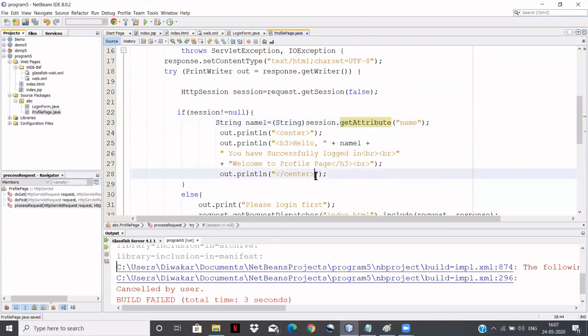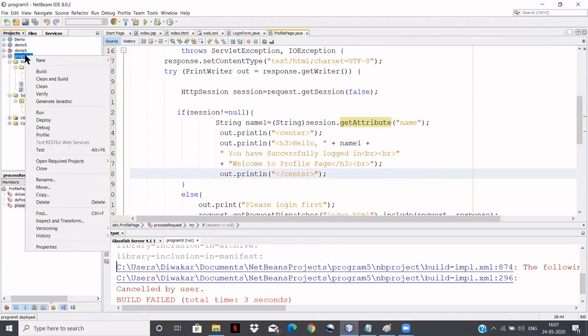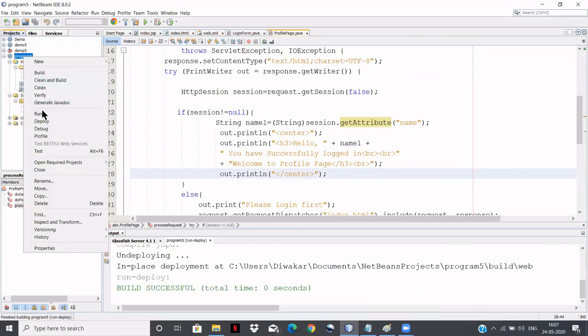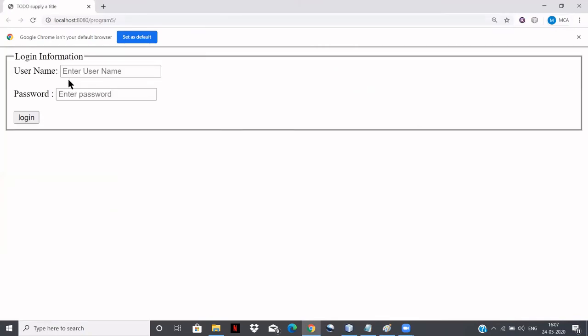I'll just deploy this program once and I'll show you. You run this program. Here you enter the username Kumar and a password other than this, login.